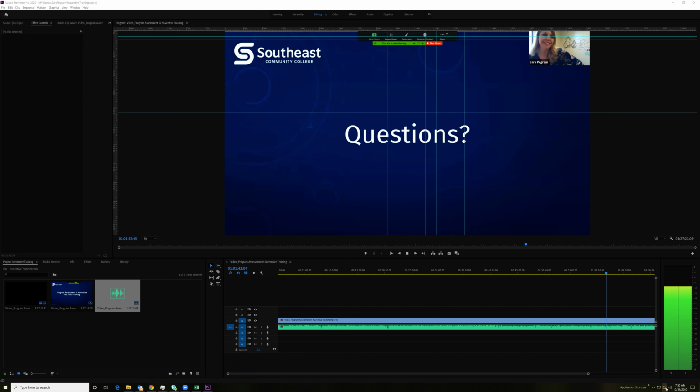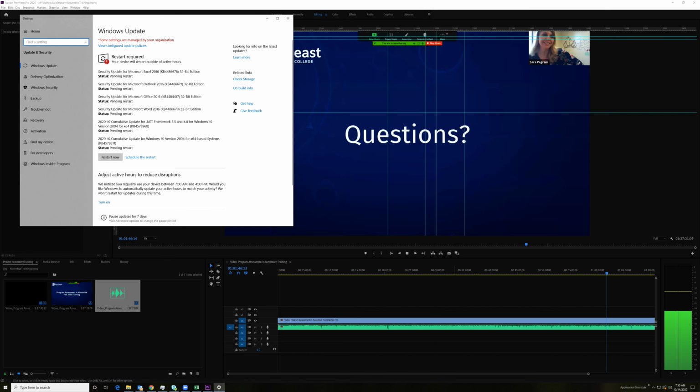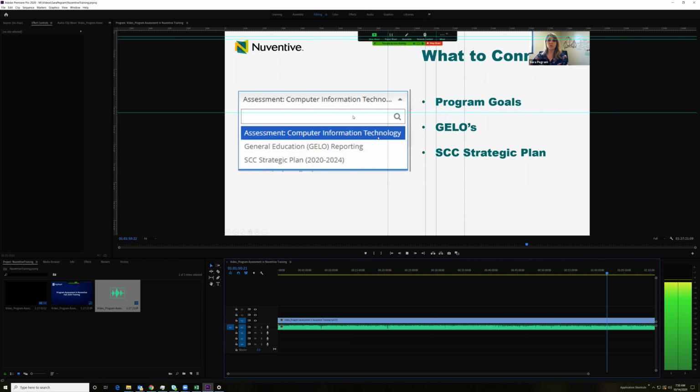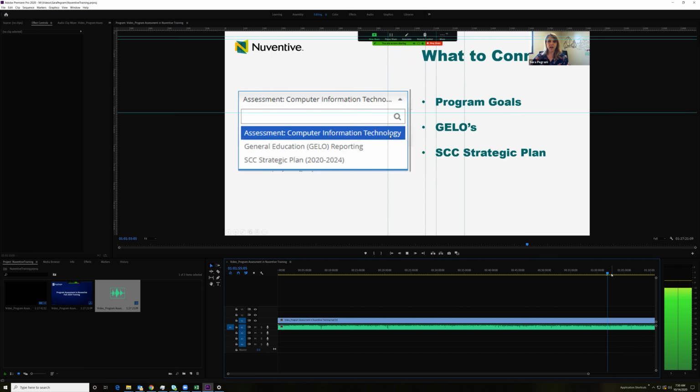There's more to connect to as well. And so in that drop down, you also have, let me go back one page again. So here, when you click this drop down, it opens up these other options. You'll also be able to connect to general education learning outcomes and the SEC strategic plan. And once the institutional learning outcomes, those ILOs are approved, that will show up here as well. Make your plan even more